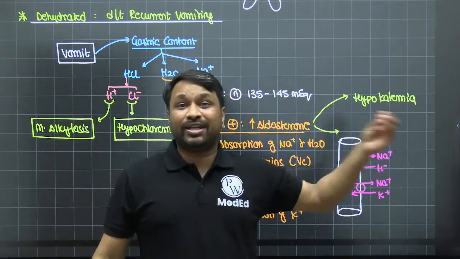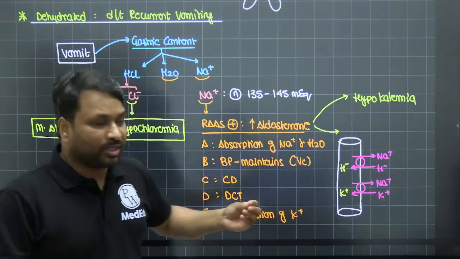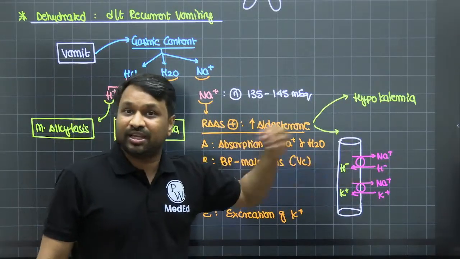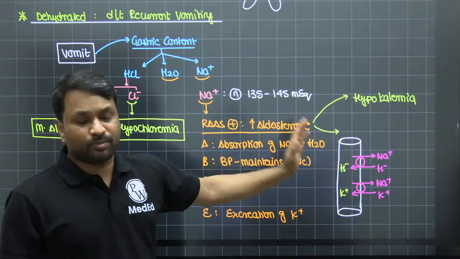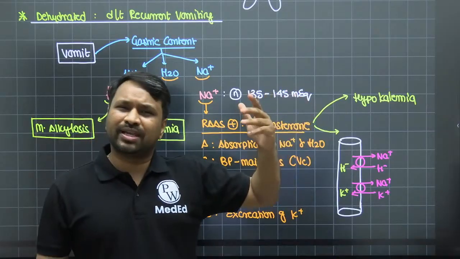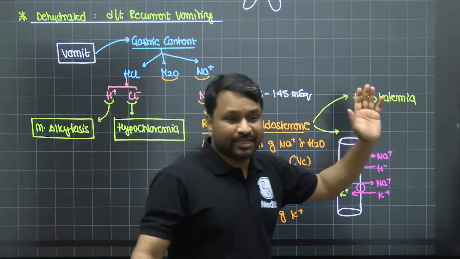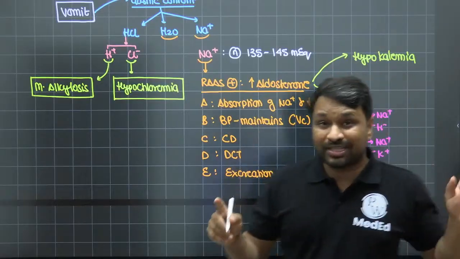Okay? So it is your love child. When you love somebody too much, you're willing to go through everything else even at a loss. That is what the body is doing right now because it is losing potassium. The body says, I have to save sodium, so I will sacrifice potassium, I have no problem with that. And in that context it is going to result in, see, when the protons in the urine